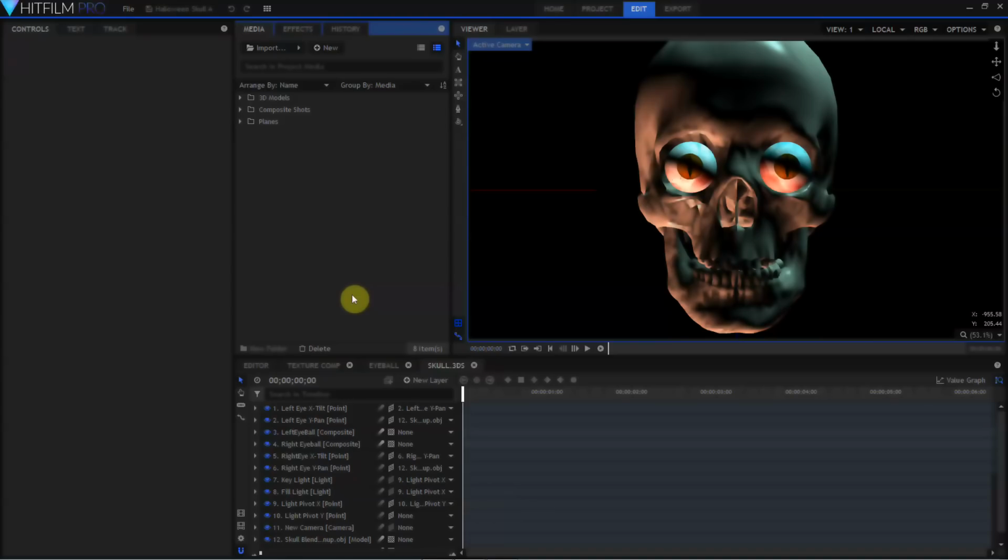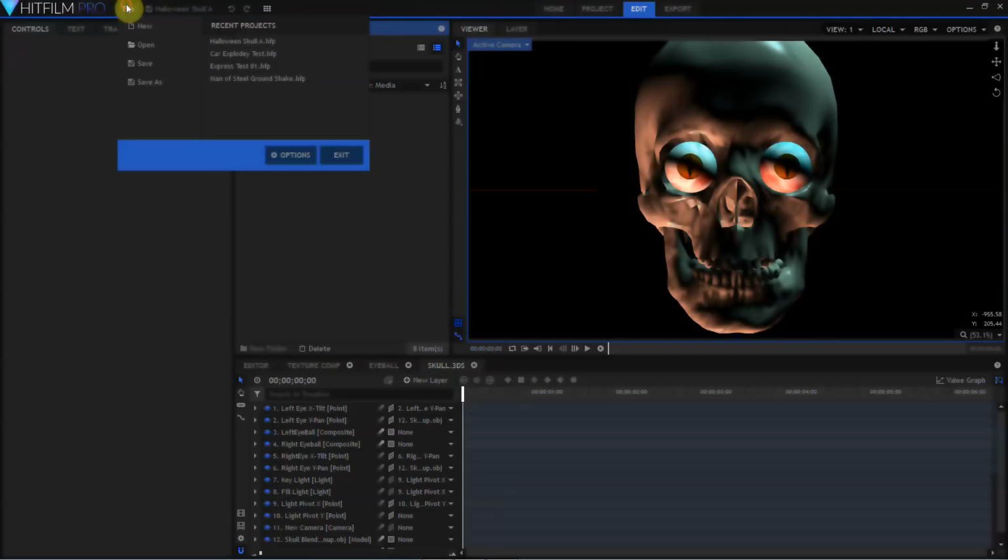The next thing we look at is probably going to be a little bit controversial. I like the feature. I'm not 100% certain I like the way it's been implemented yet. In prior versions of HitFilm, at the lower left corner of the viewer window was an icon for toggling viewer options. By clicking and holding this icon, a pop-up menu would appear, letting you toggle lights, shadows, reflections, motion blur, and depth of field. These controls have been expanded and made more powerful.